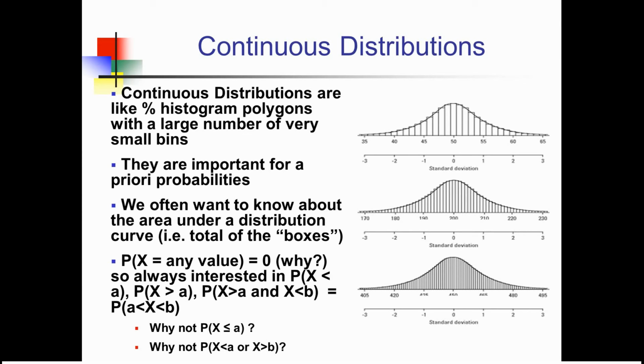Now let's think a little more about continuous distributions. You can think about the distribution as like a bar chart. A bar chart, or histogram, shows the frequency of occurrences of various different things, like how often a head occurs and how often a tail occurs, or the percentage that it occurs. A continuous distribution would be kind of like this percentage histogram that we're thinking of,